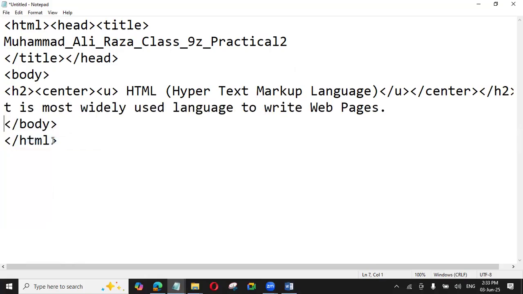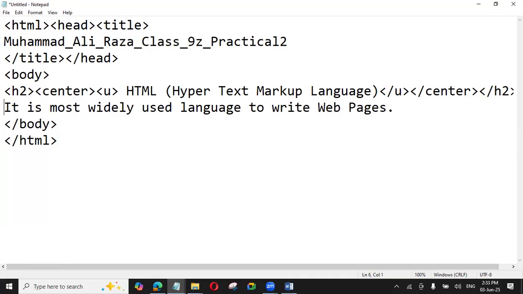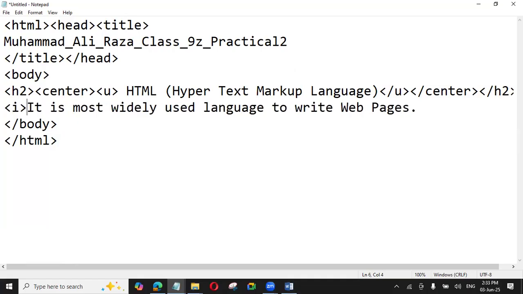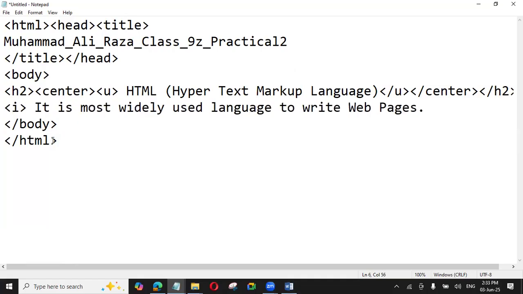We are told to make it italic. So how do we make it italic? First of all, the italic tag is I, and then the closing tag is over here. There you go. This is how we are going to write it over here. If we just save it